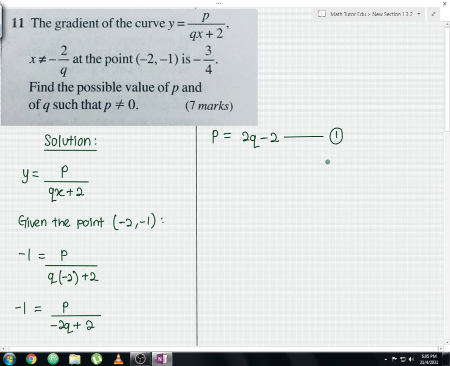Let us proceed to the second step, where we need to come up with equation number 2. To obtain equation number 2, what we're going to do is differentiate this y, and from there we're going to substitute two important values, the x value and the dy dx value. So let us perform the differentiation for this. For the differentiation we're going to use the quotient rule. So using the quotient rule,